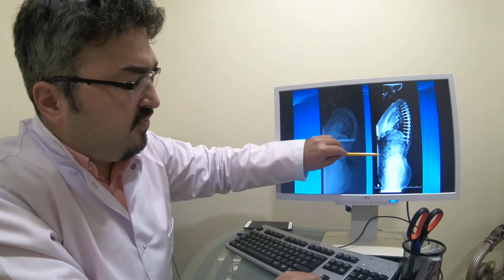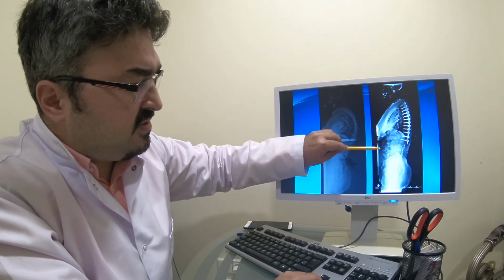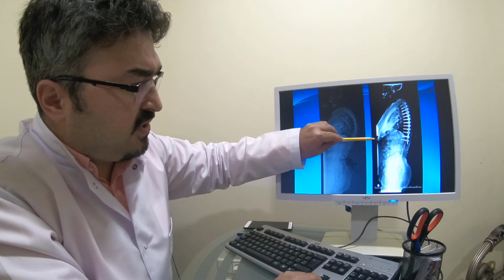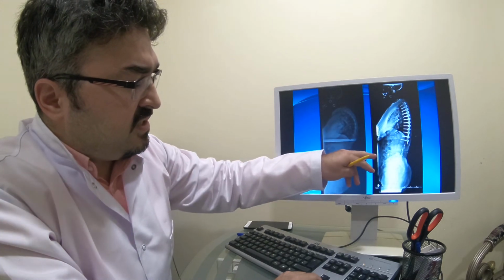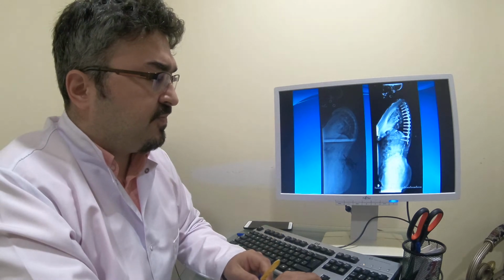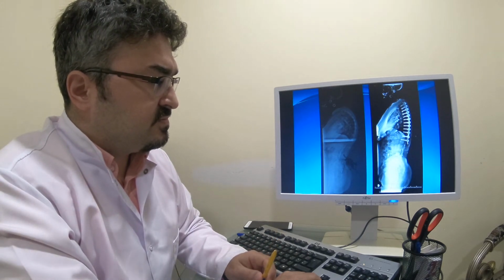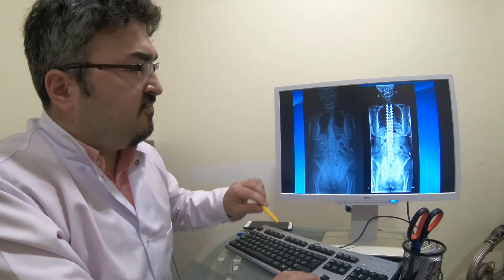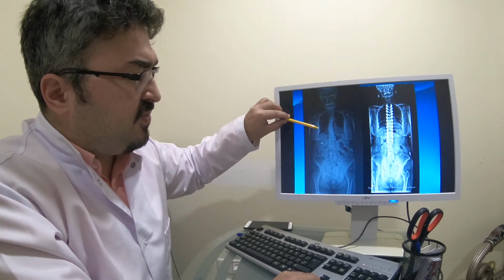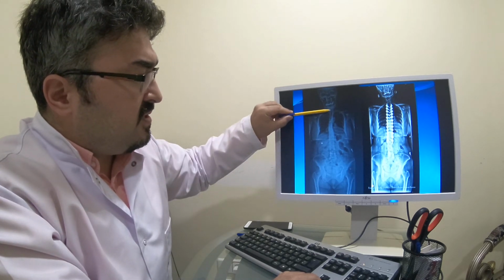But in this view, we can see the center of the belly is here and the lower end of the breast is way upwards. And when we look at the same patient from the front, we can see that the